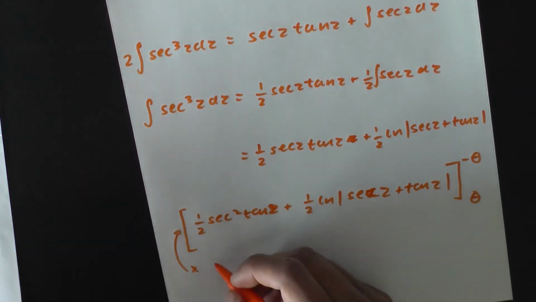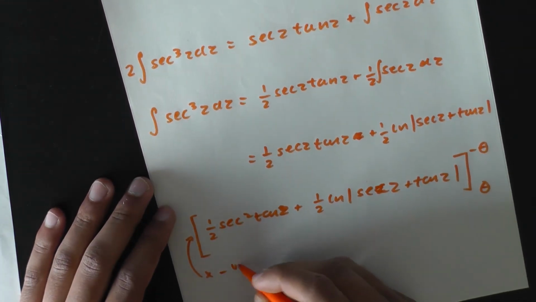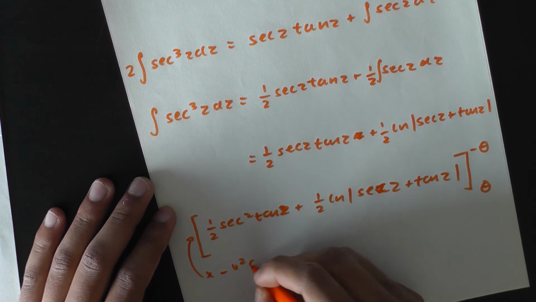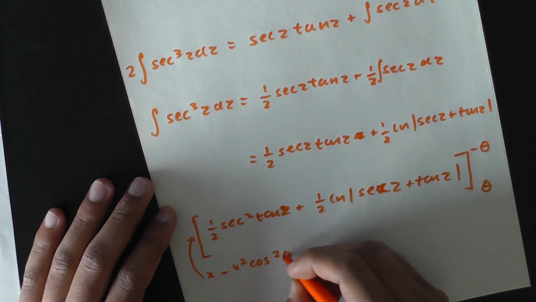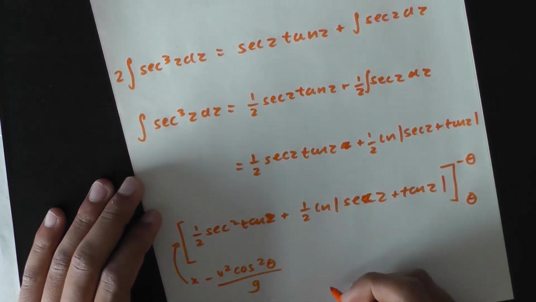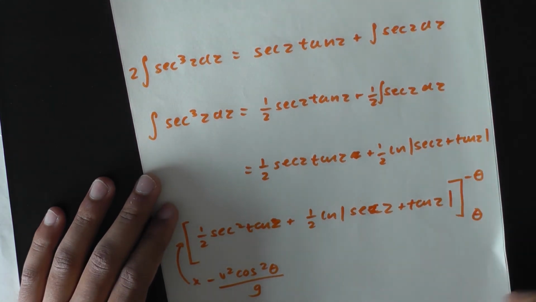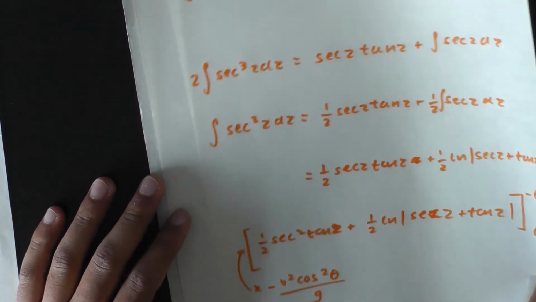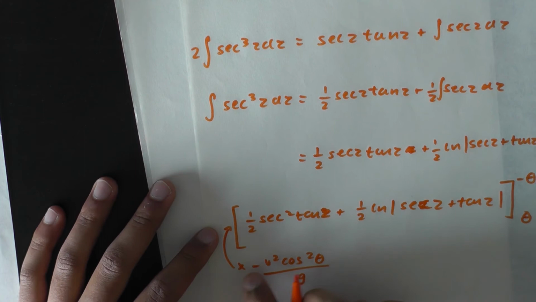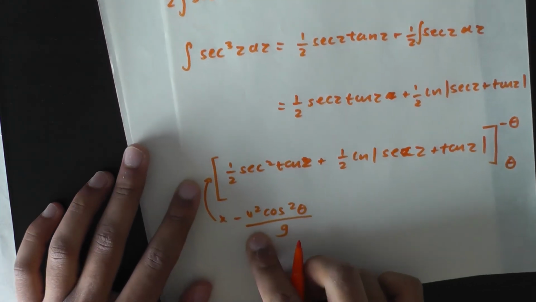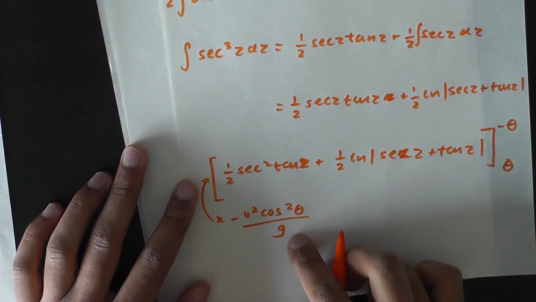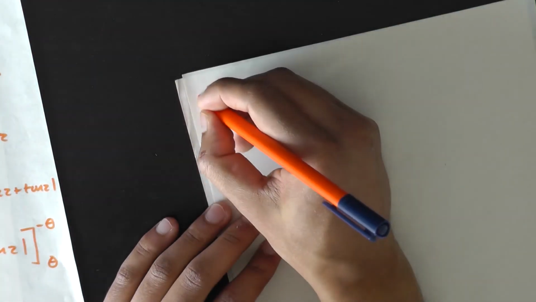oh yes, I forgot to bring this back in. We've got minus v squared cos squared theta over g. Yep. So let's actually expand this. We'll just remember this, we'll bring it back right at the end. But don't forget this, yeah. We'll just work with the bounds at the moment. So